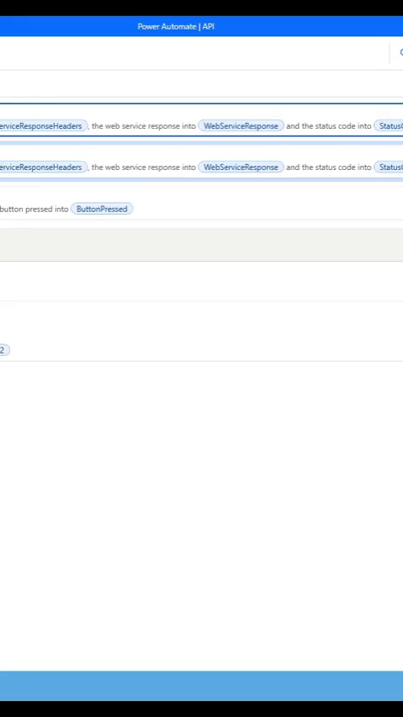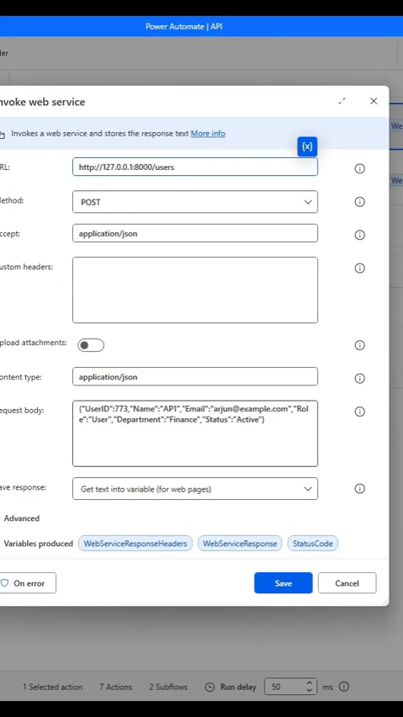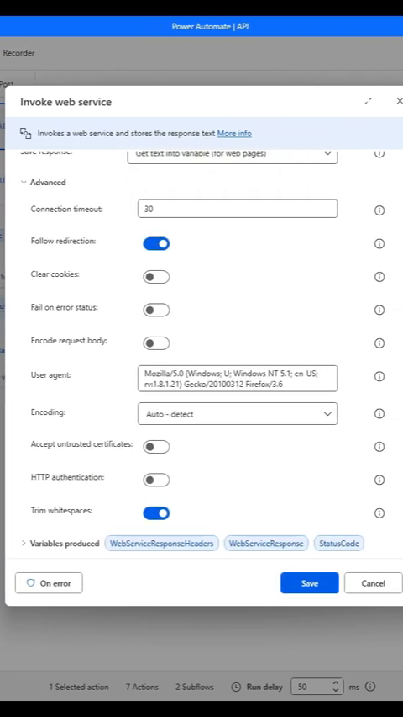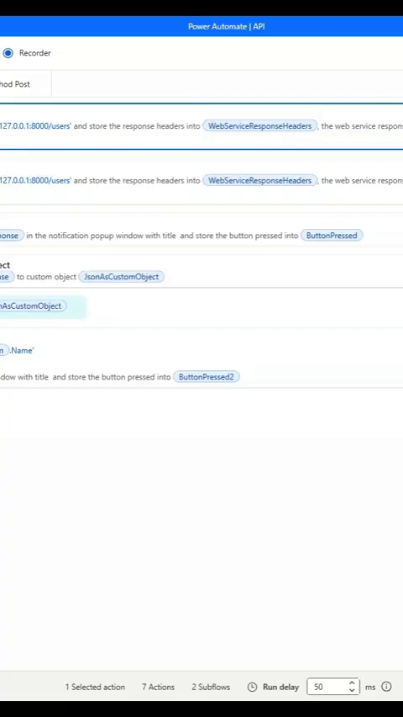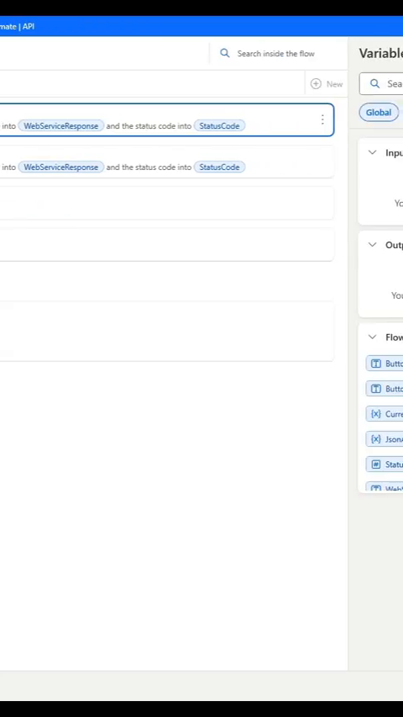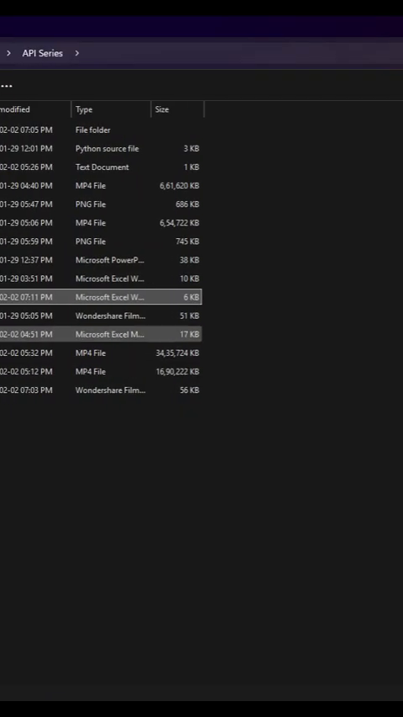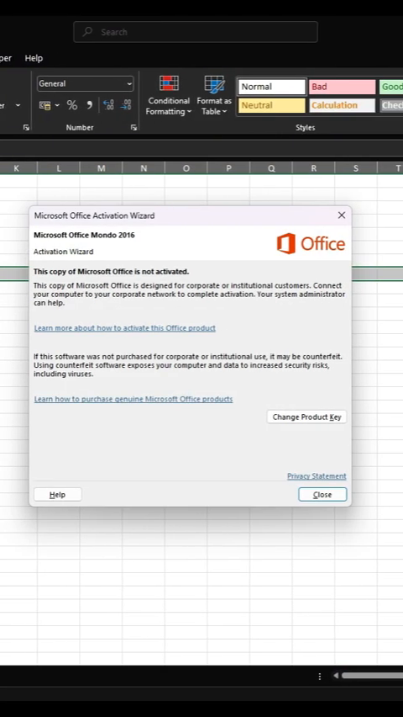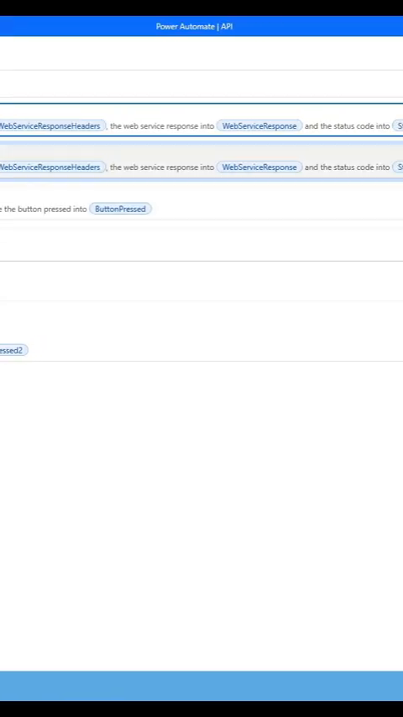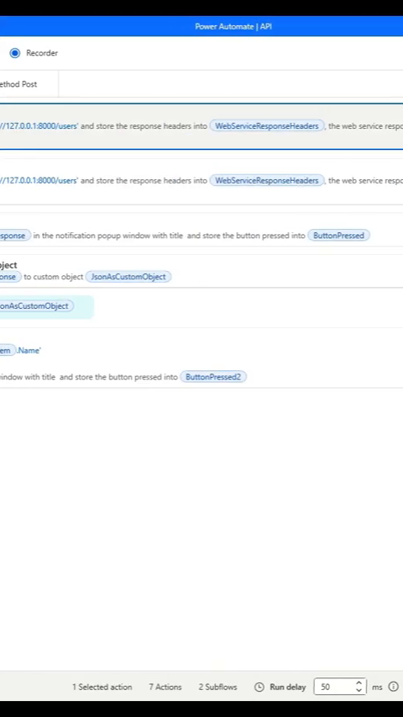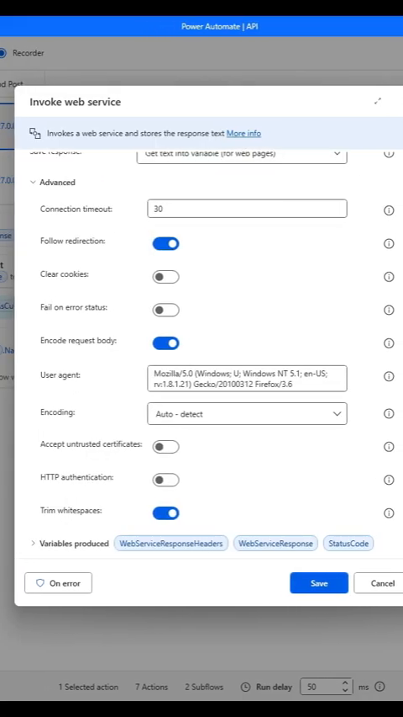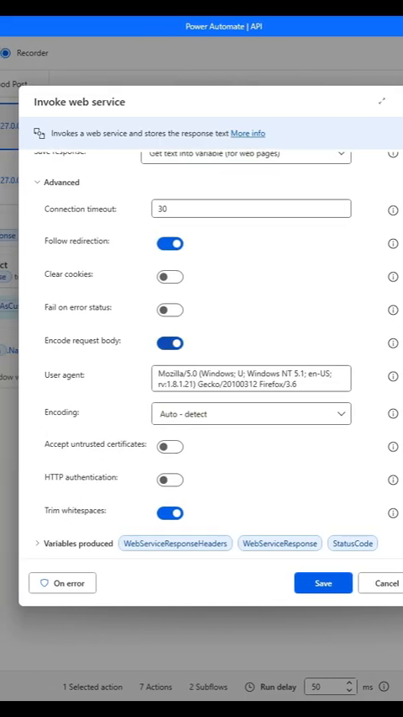Okay, so this is the way we can do it, and I will show you this one more step. Let me stop. For example, if I go to this advanced and if I enable this encode, the bot will work, but the data will not post. So when I open this API data, the data has not been posted. This one already existed. If I run 773 again, it will post one more time. So let me stop this and go back to advanced and change the encode request body